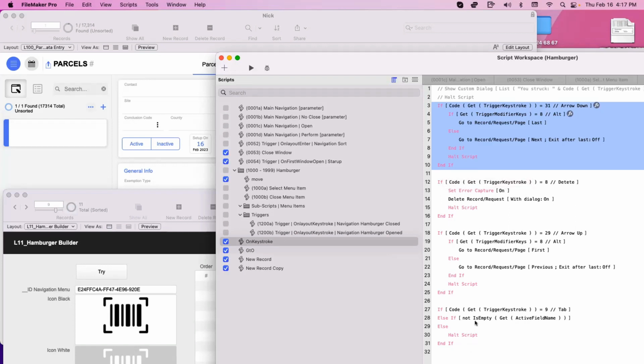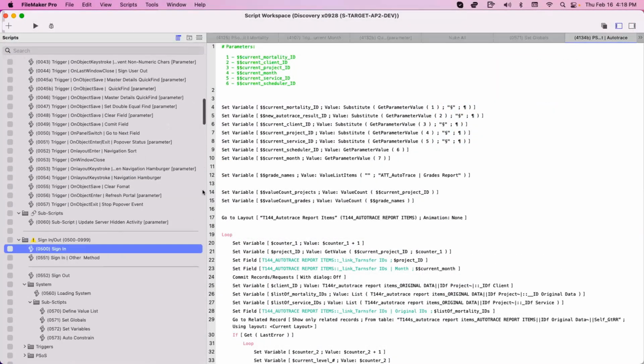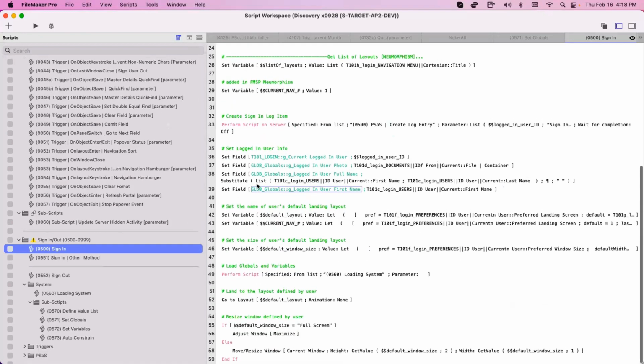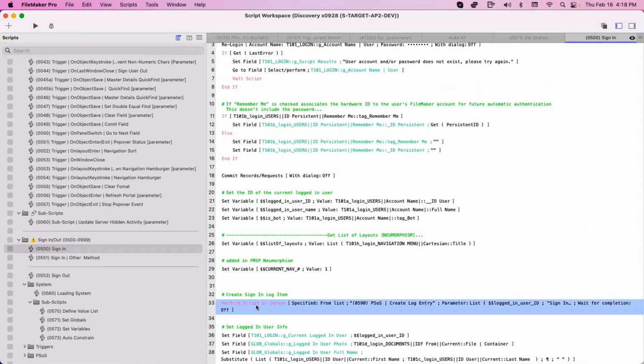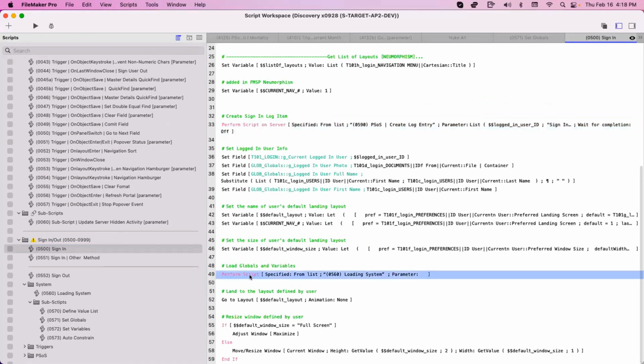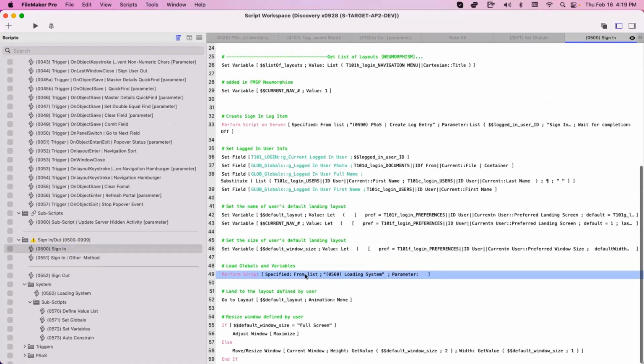Let me show that. Here I have a startup script, right? I have a signing script, right? And within the signing script, I have things that happen. Okay. So here I have something on server, right? And here I have a script called loading the system. So pretty much I'm preparing everything I need here, right? And then I have a script, and this script here, the loading system, is performed with this